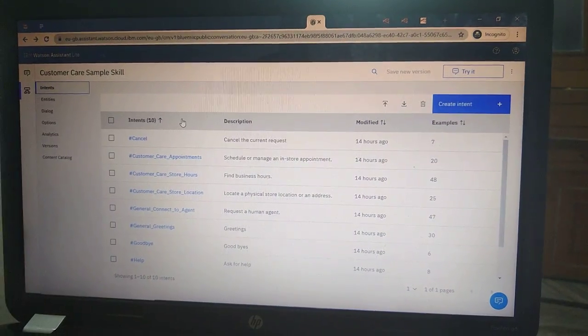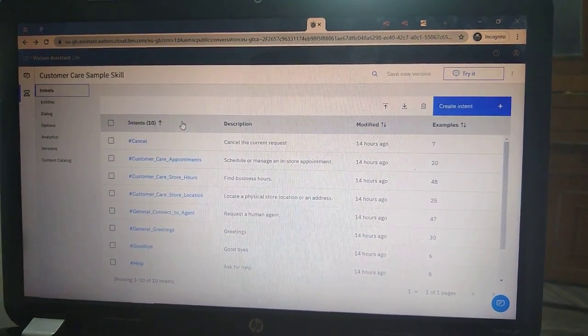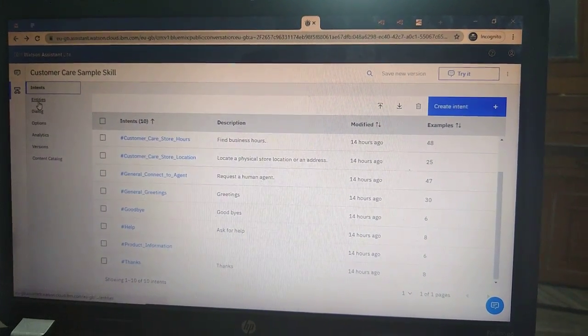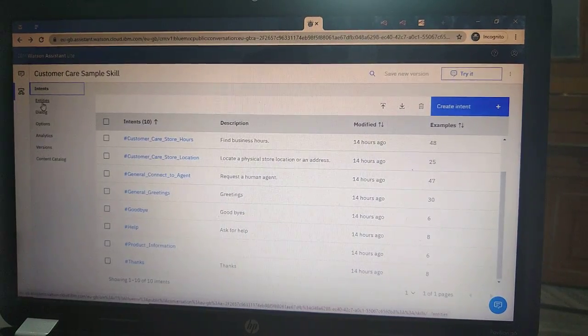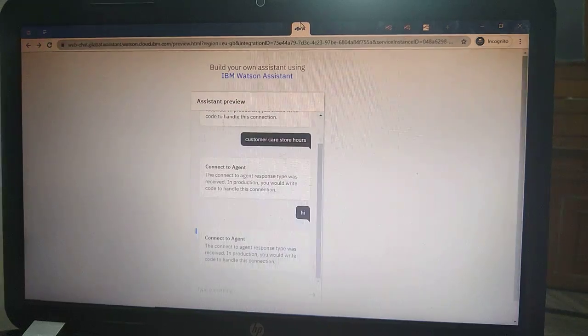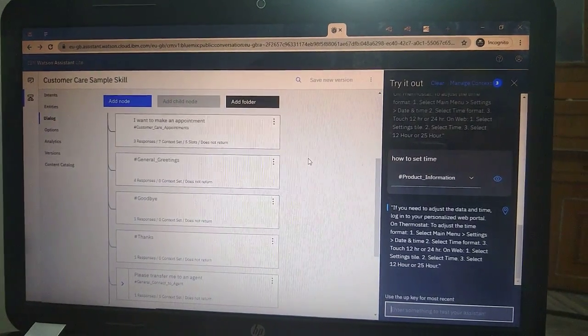Intents are used as examples that we can use to train our assistant, and it is already preloaded with some examples. There is a dialog option beneath the entities, where we will need to work next.